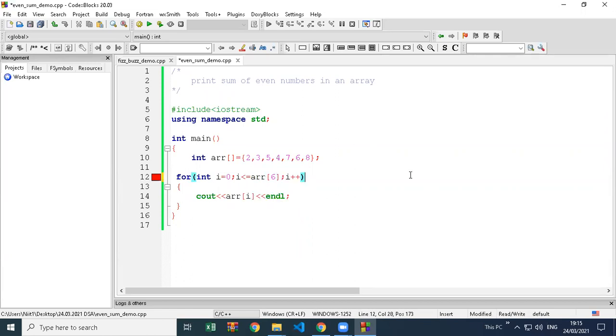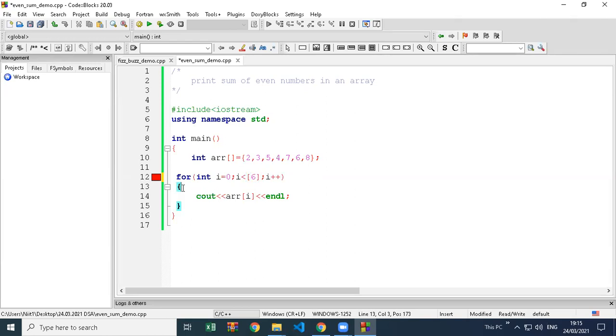We have to write only 6 there, not ARR 6 or A6. Only 6. I value is starting from 0 and the end value of I should be 6 because I is just representing the index value. Just write 6 there. Remove ARR and the square bracket and everything. Just 6. Remove the curly braces.